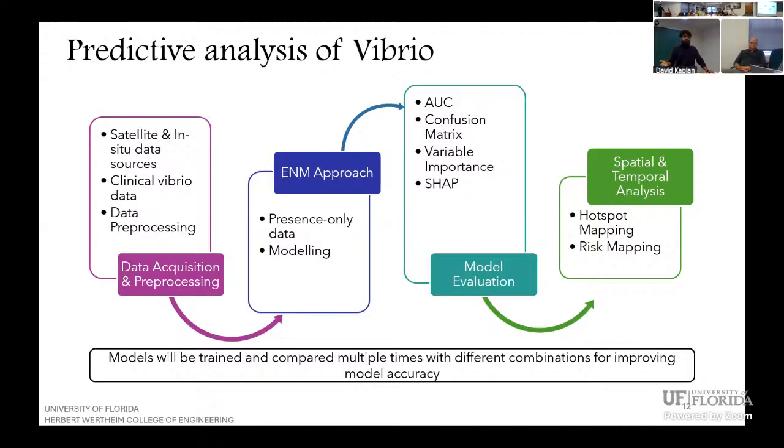And based upon the literature that has been done in the ENM part, it has been widely accepted that it's completely fine to use 10,000 points to maintain a ratio of 1 to 10. Okay, so the model results are not that much different when the absence points are varied. Yes, and based on the literature, I chose this one.